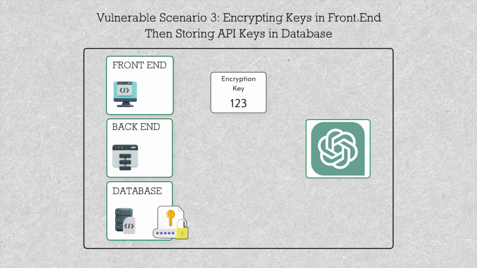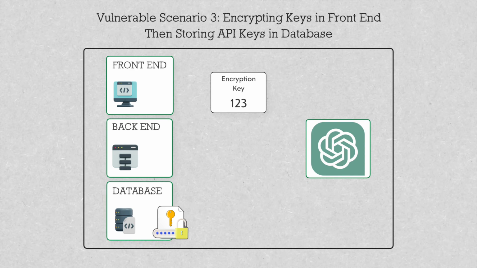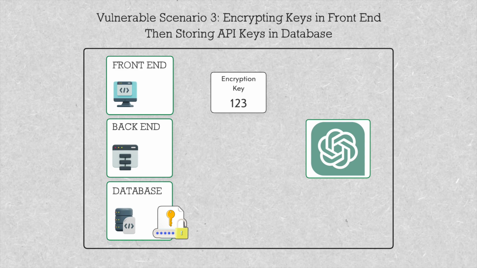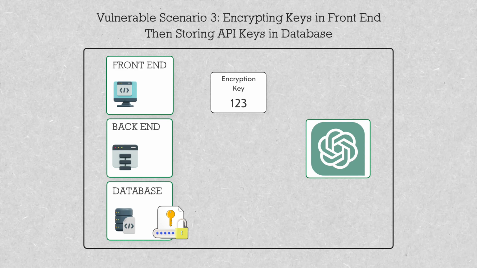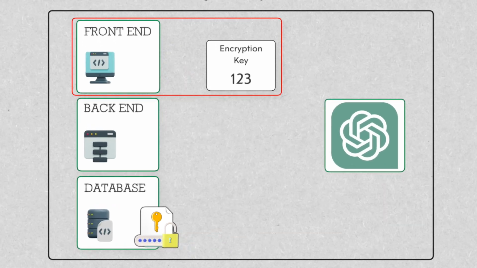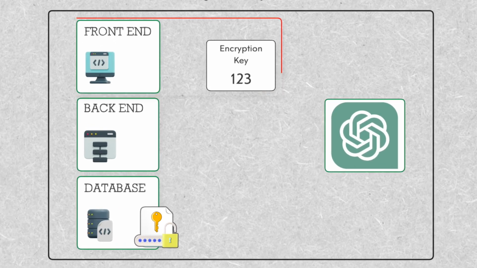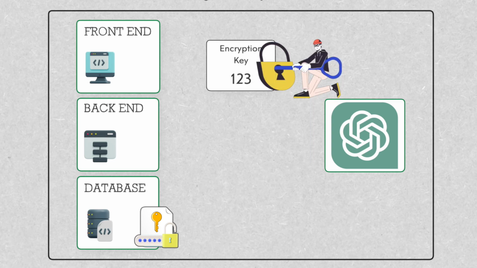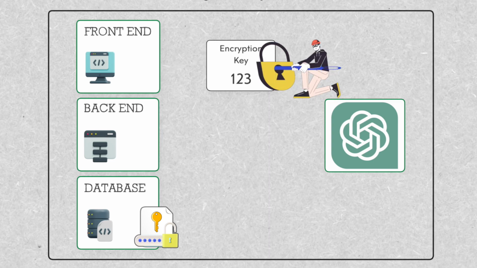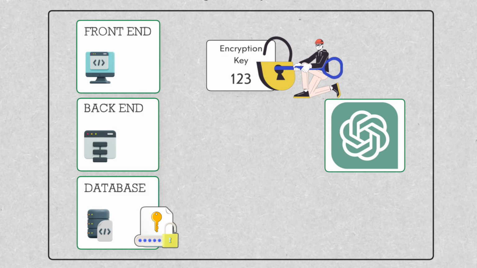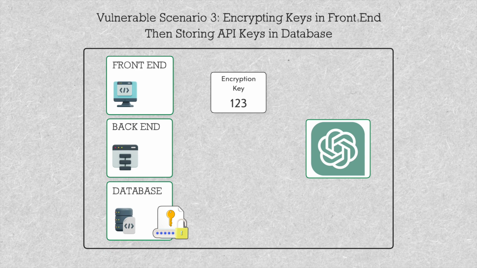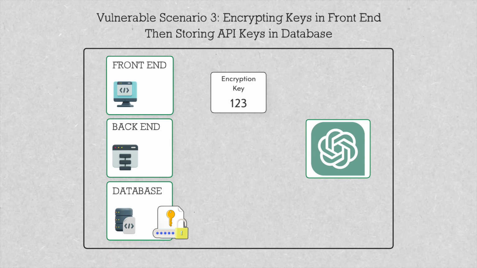And the reason why is because these malicious users still have access to our encryption key. We decided to encrypt our users' OpenAI keys on the front end, which means the encryption key itself is exposed. So anyone who parses through our front end code can grab that encryption key and decrypt all the information inside of our database. So once again, we're back at the same problem where bad people have our users' OpenAI keys and can start